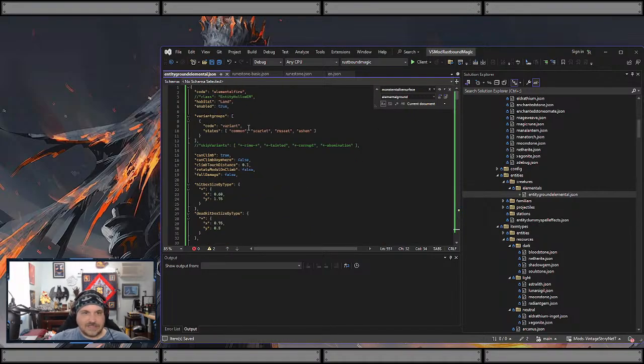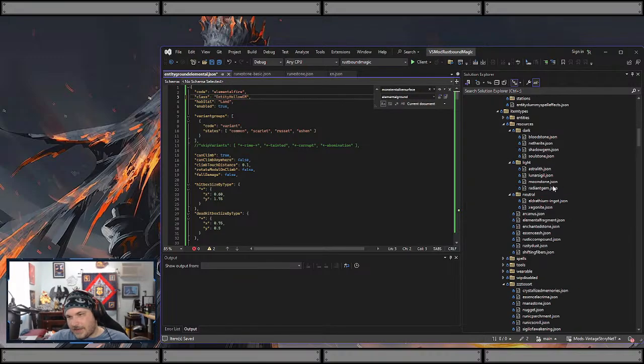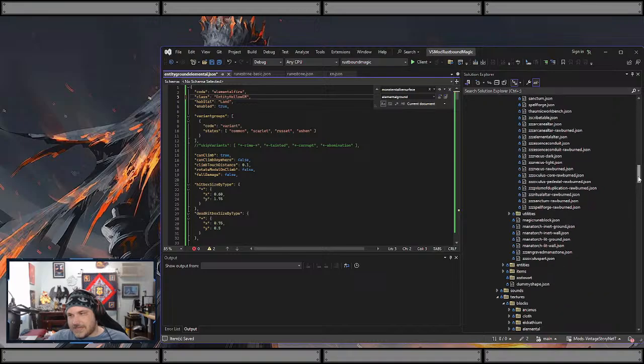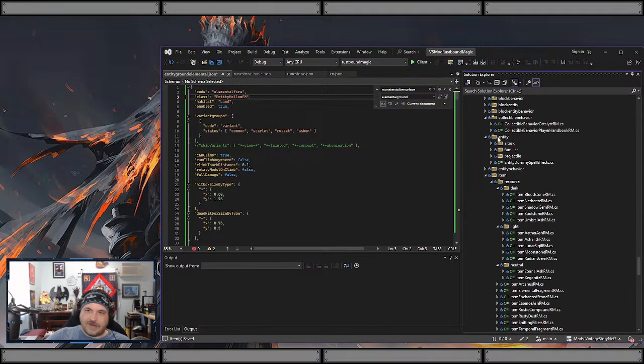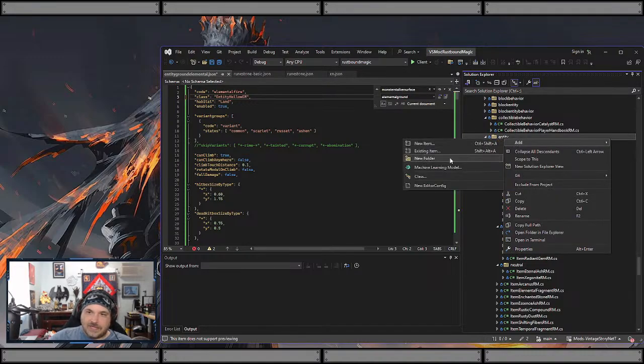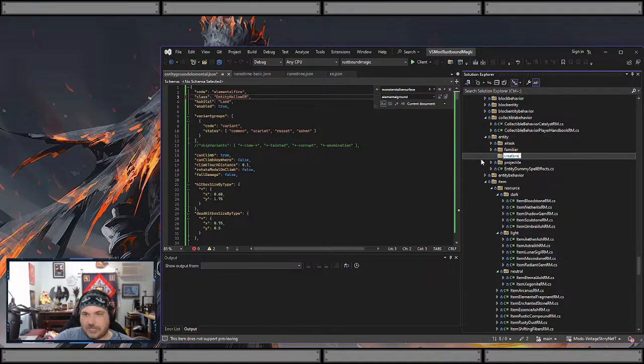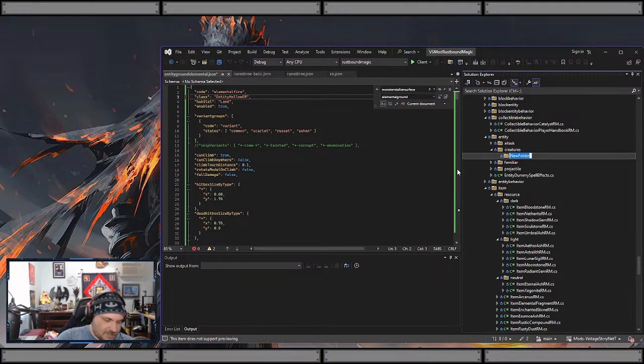Let me save this. So let's start back at the top. All right, so the first thing we're going to make with this is a class file. We're going to register a class file. So let's go down to here, where everything is. And I do already have an entity folder. I'm going to keep in line, and I'm going to say creatures. Right? And then we're going to make our subfolder in here,